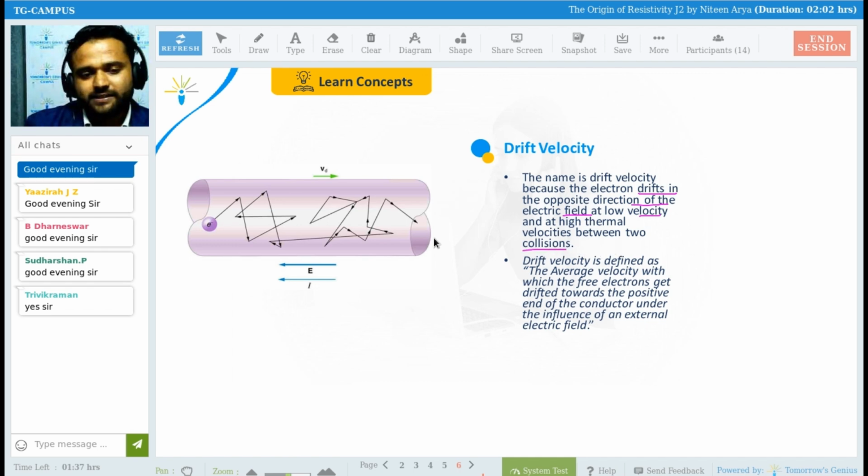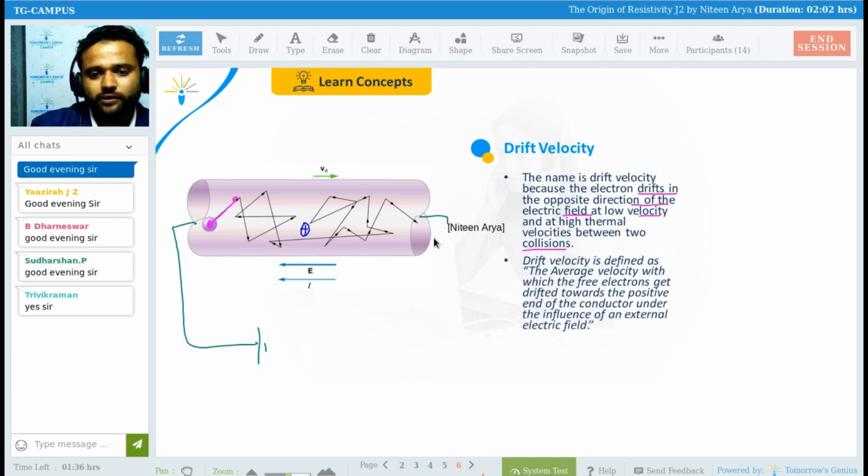Now what they are saying is, until we apply a potential difference to this conductor, the electrons are randomly moving like this. While randomly moving, they collide with each other, and they also collide with the ions, because there are not only electrons but also positively charged particles. So there are two kinds of velocity we're going to see. First, whenever we apply an electric field, due to this electric field the electrons are going to drift,